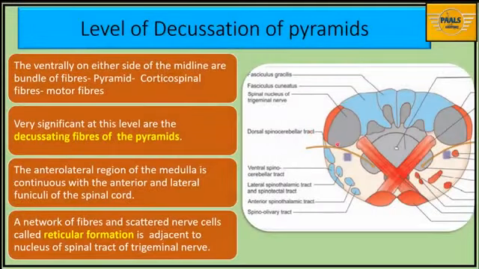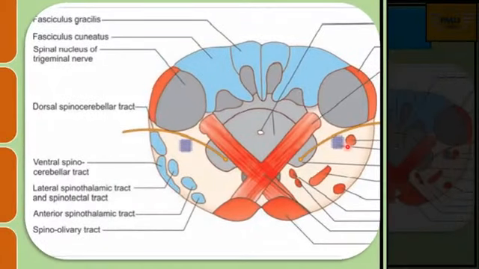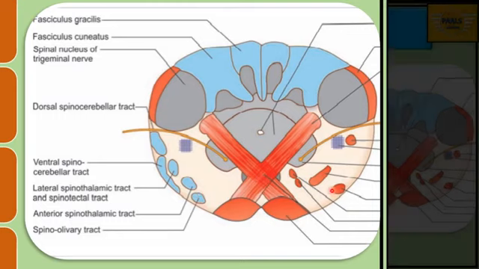If we move ventrally, we will consider the remaining structures that can be seen at this level. The very prominent one are the pyramidal fibers, which I've already mentioned. And we noted that we have a number of fibers running here, motor fibers, we have the corticospinal, and then we also have the corticobulbar fibers. A very significant event here, as we noted, is the crossing of these fibers from the pyramid, which is the pyramidal decussation. Now, when we look at the anterolateral surface of the medulla, it actually continued with the anterolateral fibers